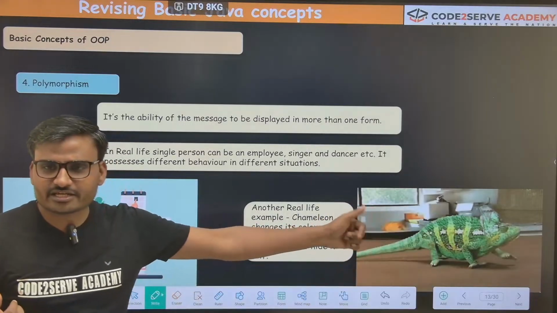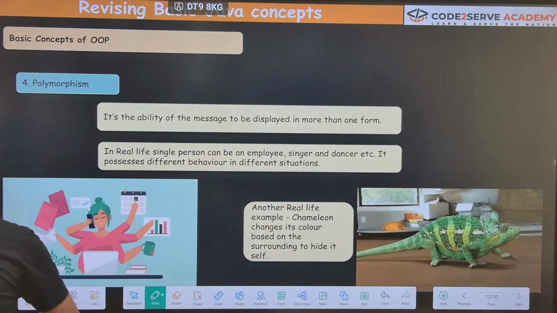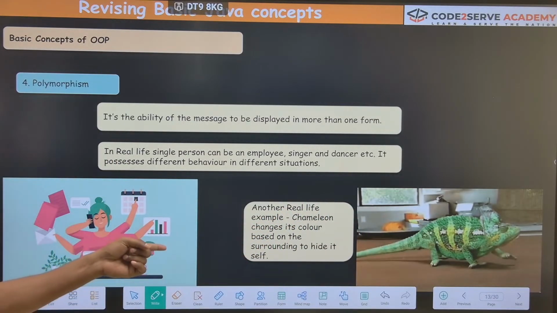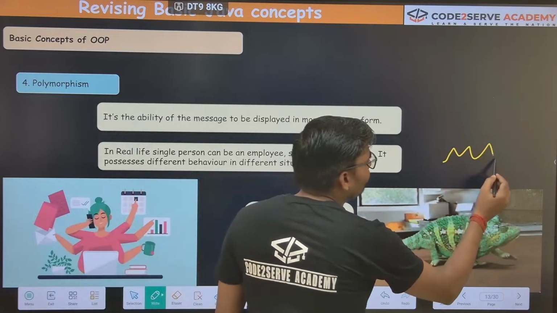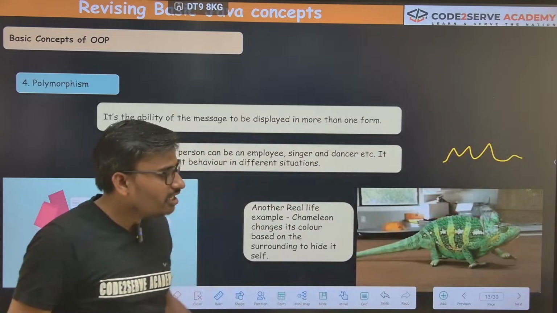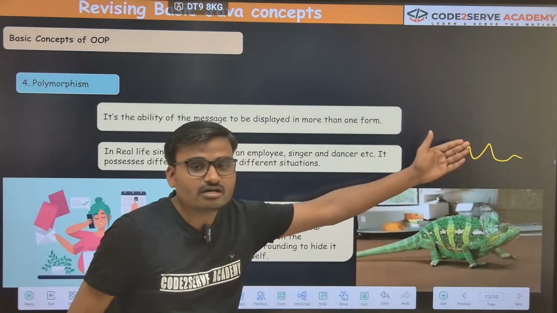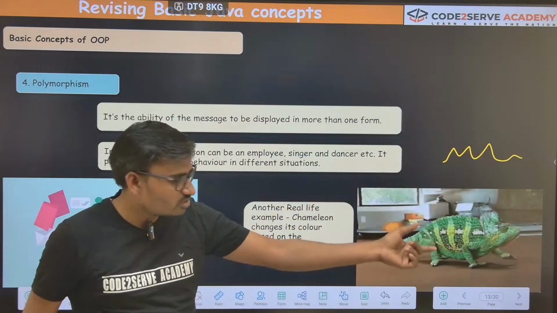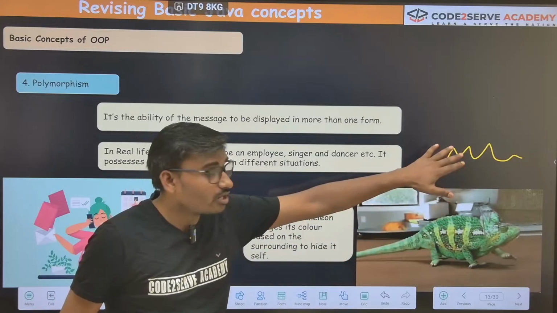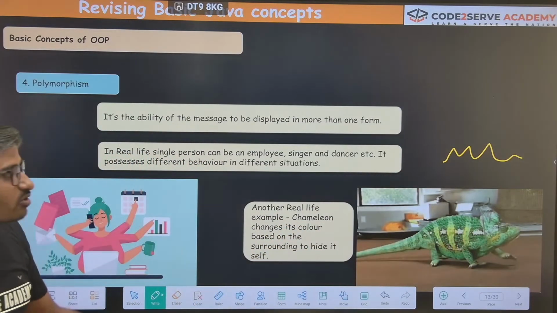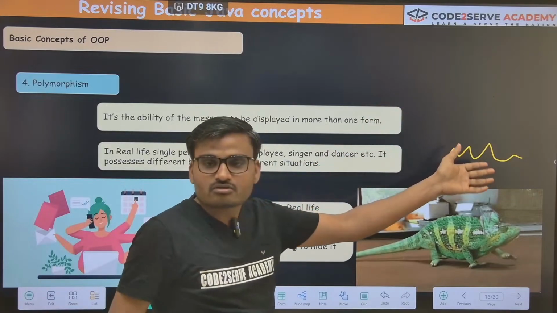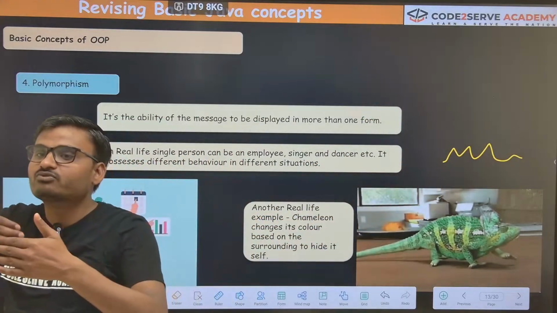So in this, we see that based on the environment, they change their color. Suppose there is green grass or a yellow stuff, anything, it will change its color to match the surrounding. Suppose the surrounding is green, it will change its color to green. If the surrounding is another thing, it will try to match it.